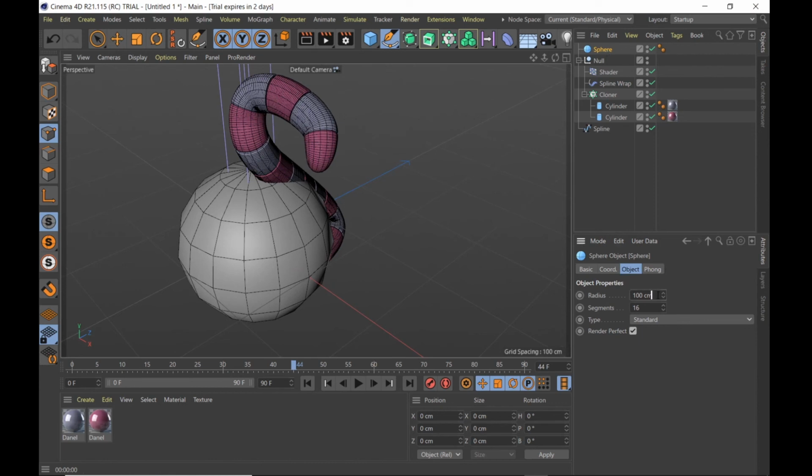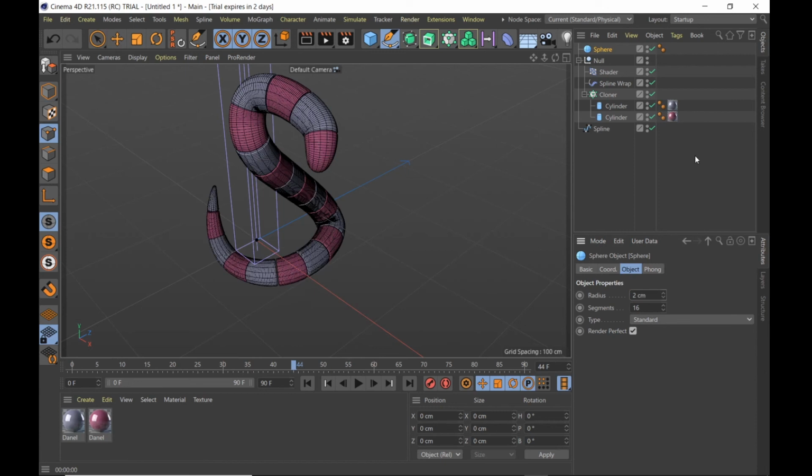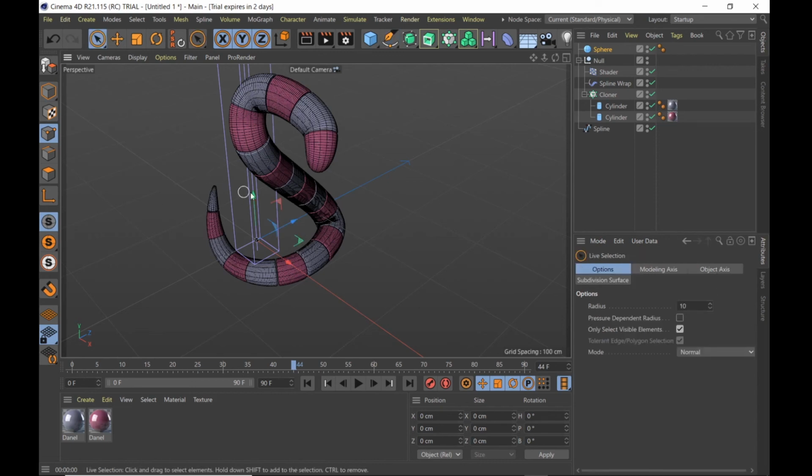And click sphere, radius maybe 2, and select it and bring it up,